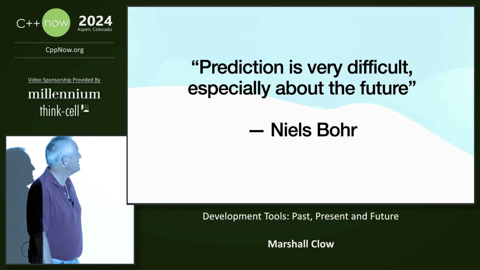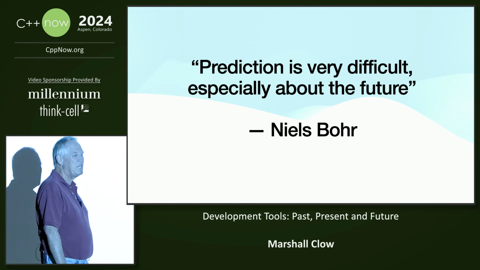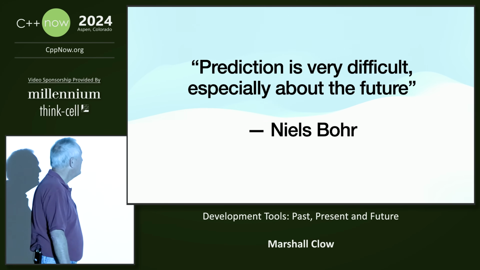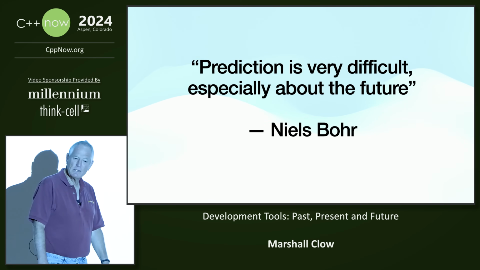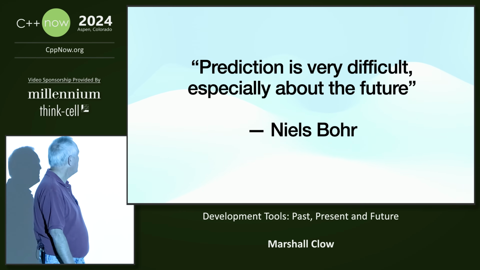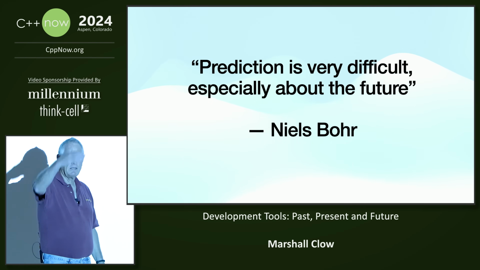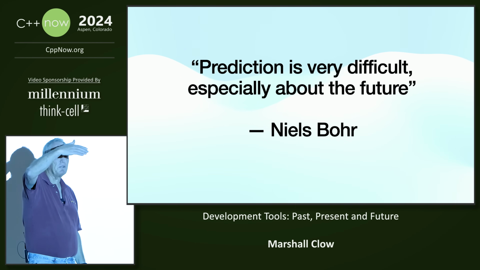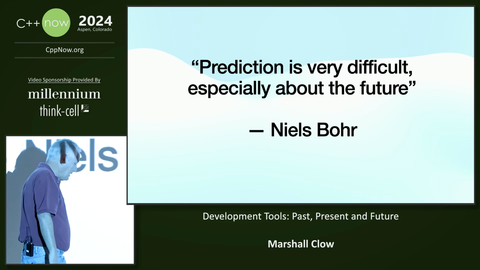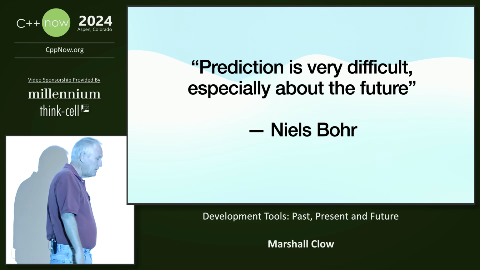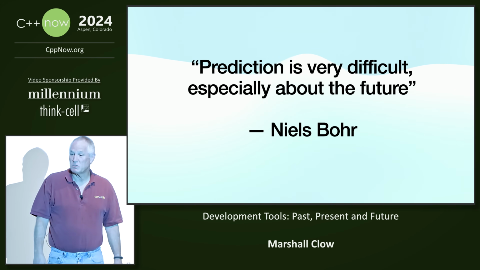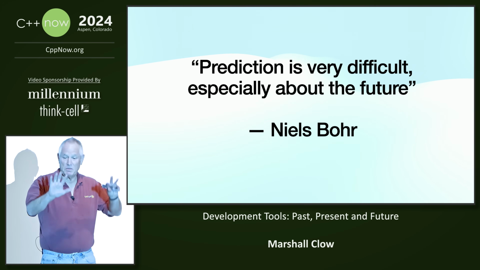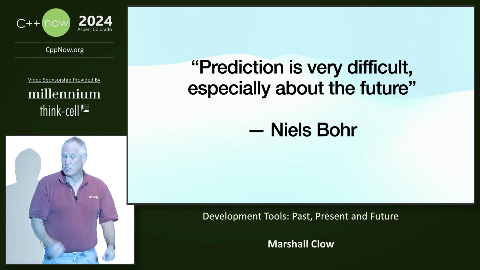This quote has been attributed to Niels Bohr, but there's apparently a lot of controversy about this because it was attributed to him after he died. Some people think that this was Yogi Berra. How many people here don't know who Yogi Berra is? A few, not very many. He was a baseball player. He has the interesting distinction of being on more teams that have won World Series championships than anybody else. That happened 10 times. There's a picture you can go search for of him holding up his hands. He's got World Series rings on every finger.